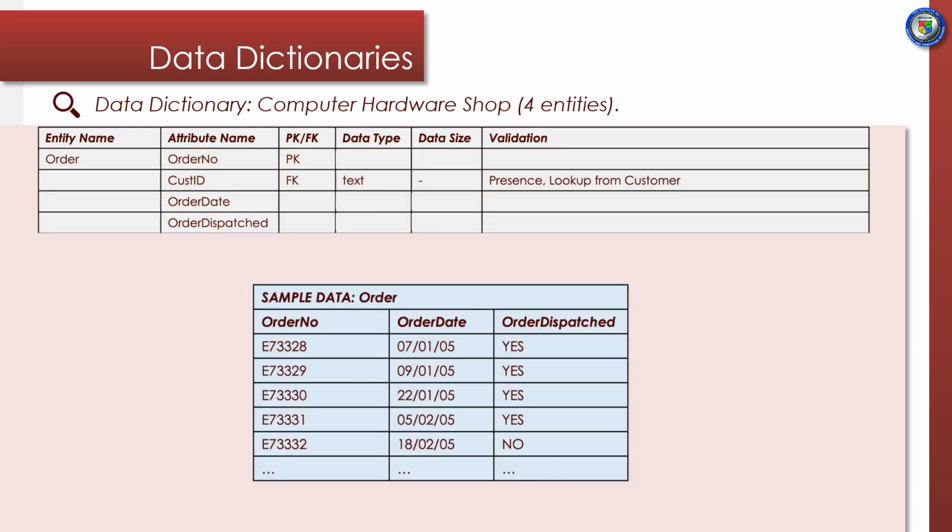Our third entity, the order entity, again we have done the same things. We have populated that entity name, we have populated our attribute names, our key fields. In this case, we have a primary key of order number and a foreign key of customer ID. We have text for our order number, and its size is 6, and we'd have a presence check. The customer ID being a foreign key is text, and we've got a presence check there, but interestingly we've got